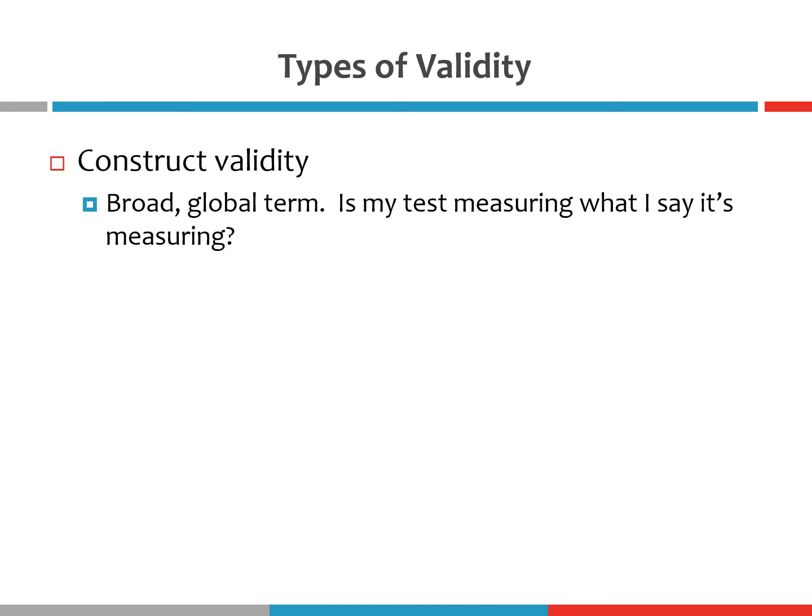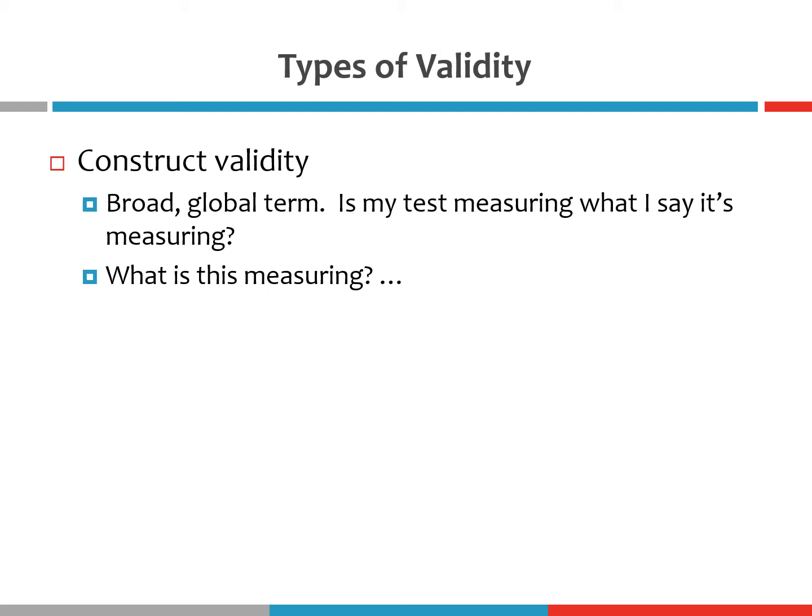Okay, so now we're going to talk about different types of validity, right? Just like with reliability, where we had a bunch of different tests we could use, there are many different types of validity that we can measure when we're looking at a questionnaire or a test or whatever our measurement instrument might be. Construct validity is a very broad general term. Essentially what we ask when we're talking about construct validity is simply, is my test measuring what I say it's measuring, right? So all of the previous examples I gave you are questions of construct validity.